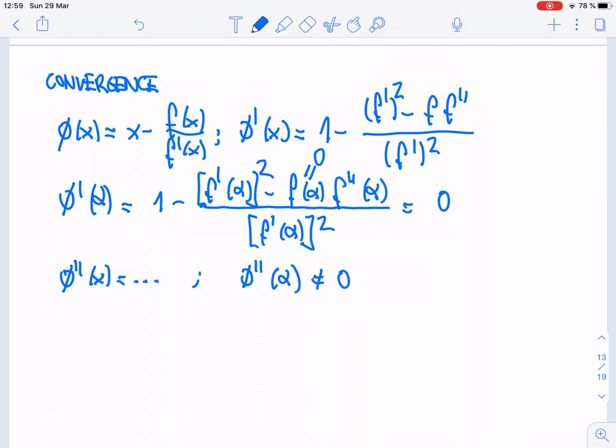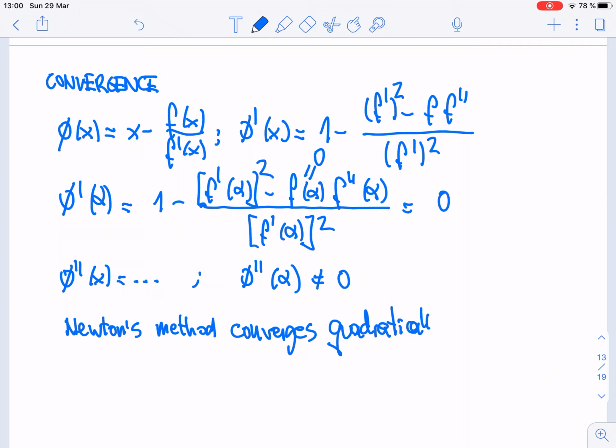And if we retrieve our definition of convergence of order p, we conclude that Newton's method converges quadratically for simple roots. So we have concluded that Newton's method is consistent and convergent with order p equal 2 for simple roots,